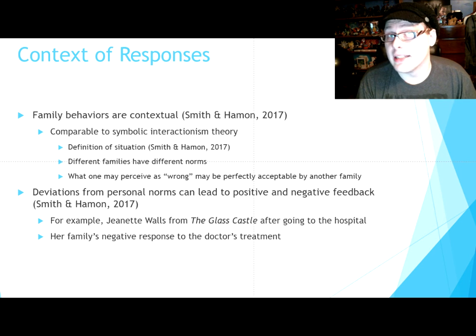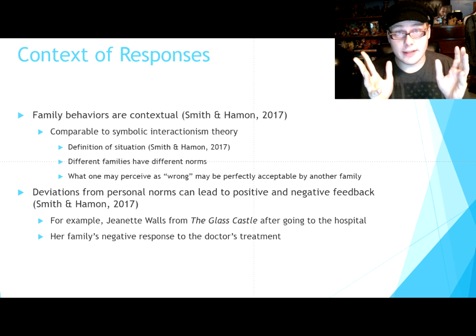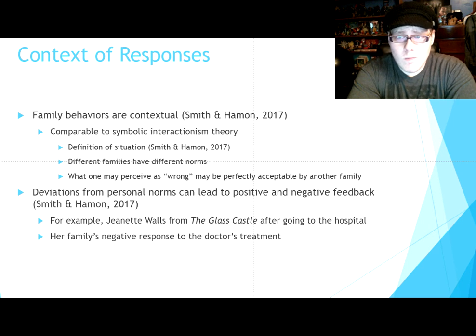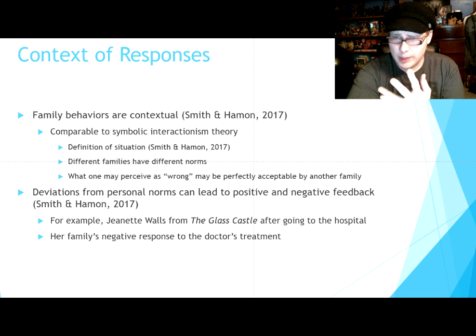But not all members in the family are going to necessarily agree with that by any means, because there are plenty of cases where there are just children or parents even who disagree with the rules established in the family. They're like, what is going on? Why are we like this?